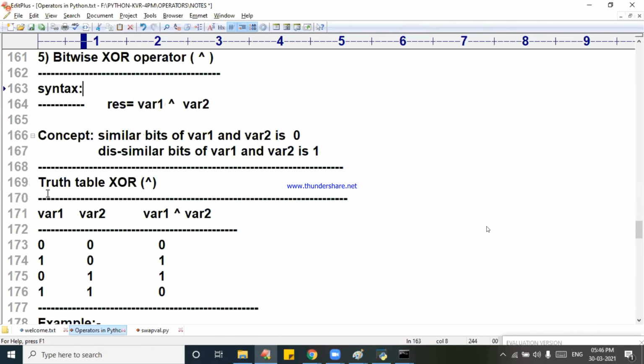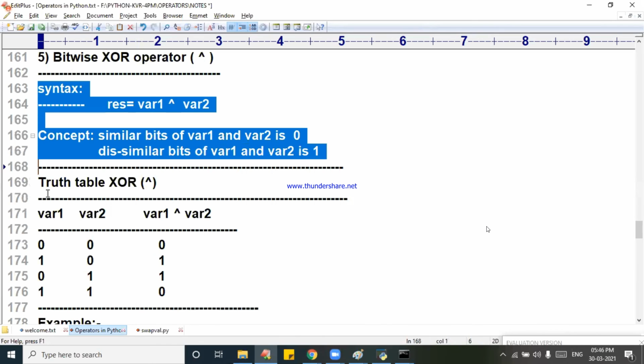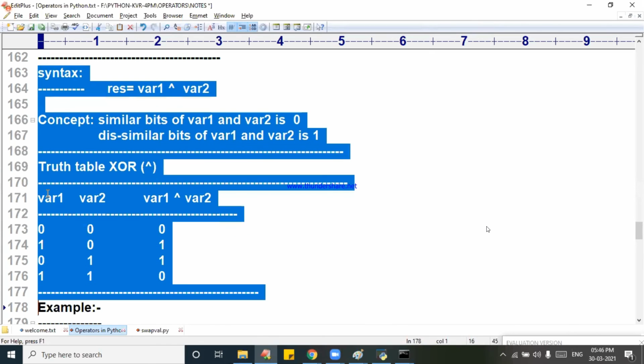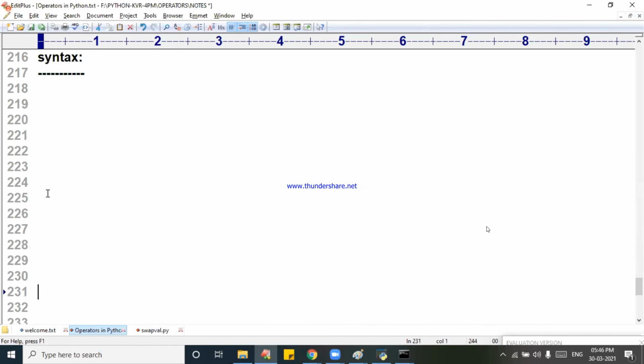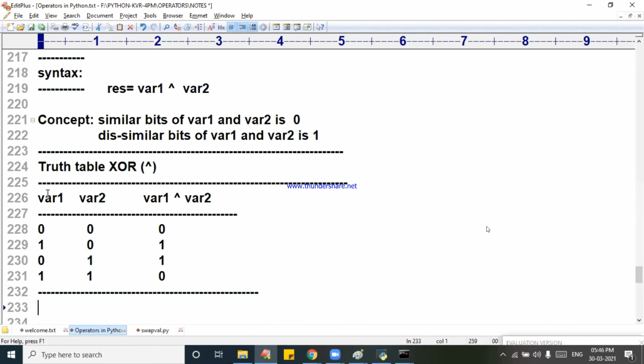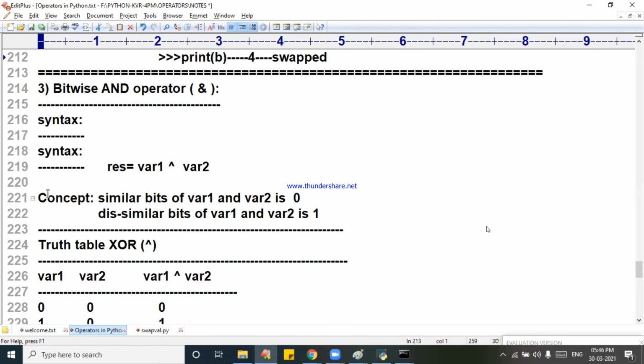And concept also I will take it, and you will understand very quickly. Truth table also I will take it. Then I will take it and modify it. Easy. You already understand XOR, na? It is easy. AND operator syntax